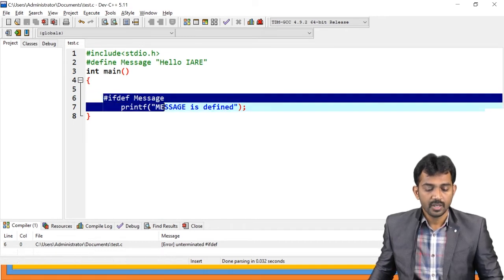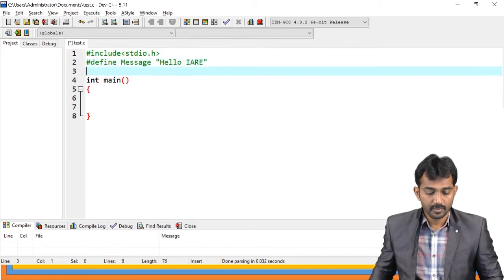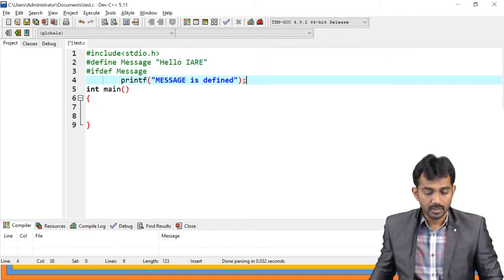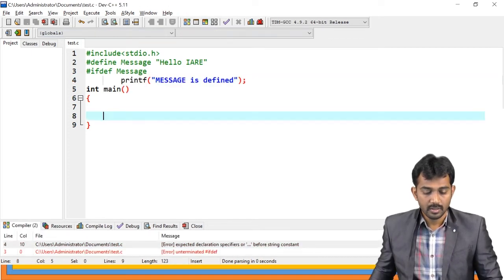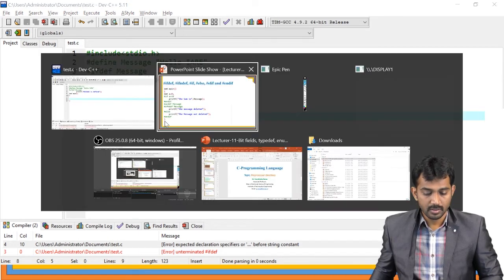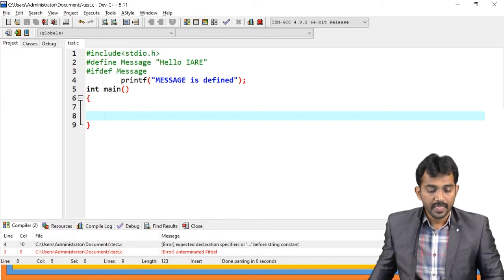See, you can use it here also. Oh, sorry.